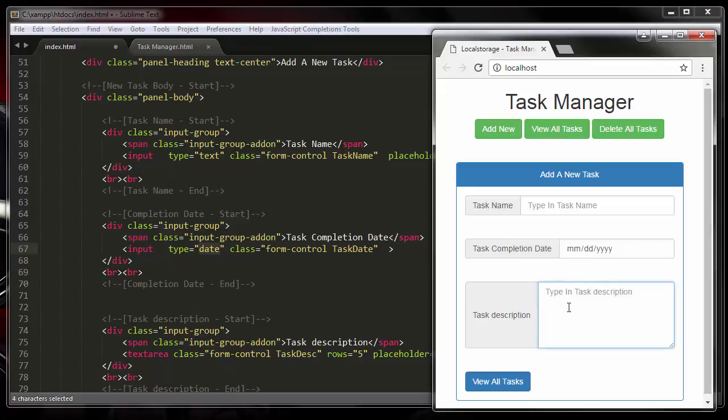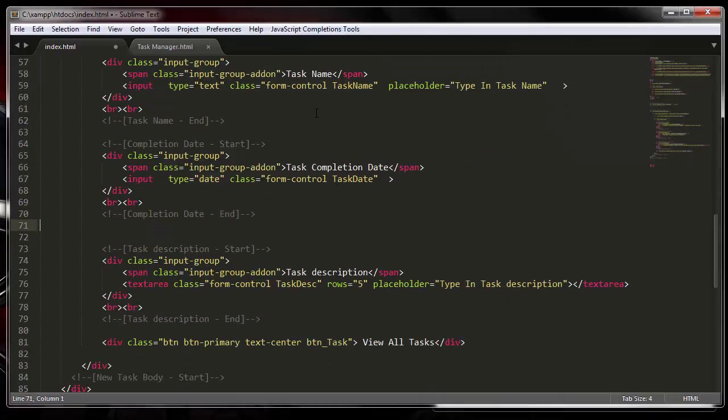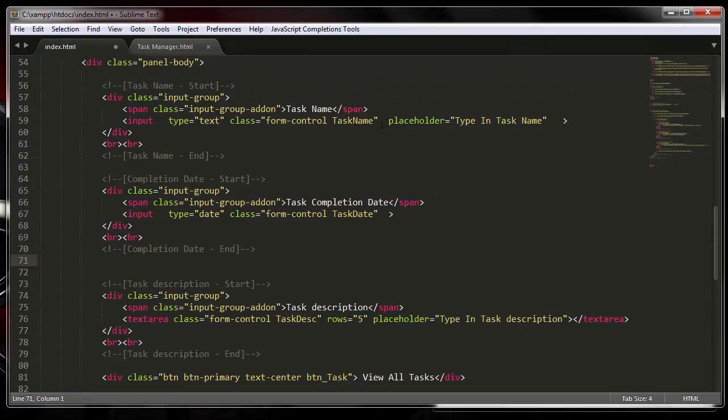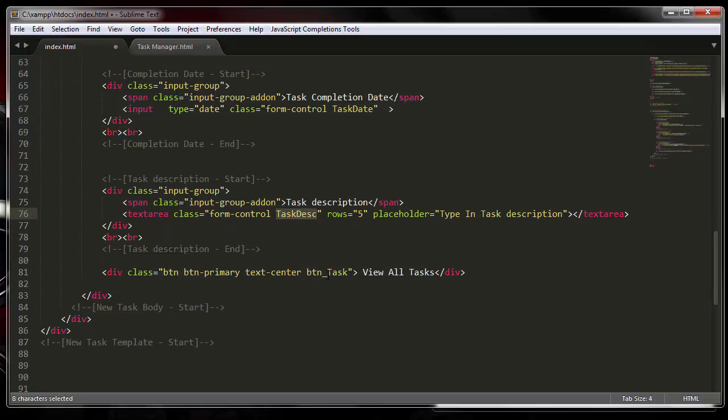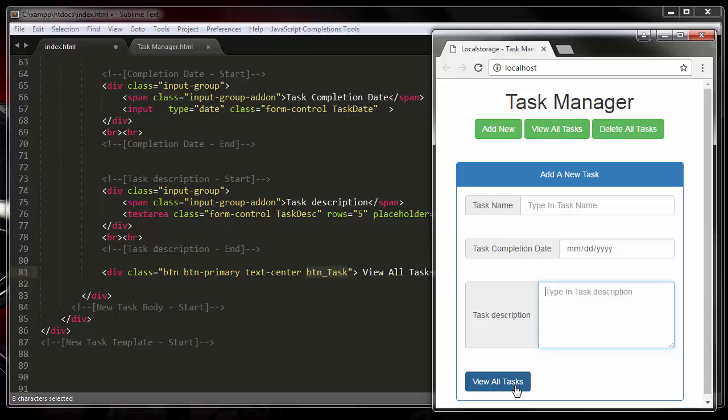So that's that second field. And then the third field, nothing special, it's just a text box, which is this in here. So let's go through each one of those fields, what their names are. So for the task name, I try to keep things simple and very organized. I just call it TaskName without any spaces, uppercase, as they call it in some of that desktop application. Camel case, I just call it uppercase, that's all. And then for the completion date, it's just called a task date. And then for the description, I'll just call it task descript. And that's that. And then in here, the button, which is, as you see right now, it says view all